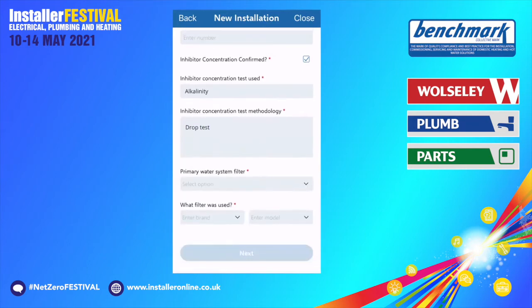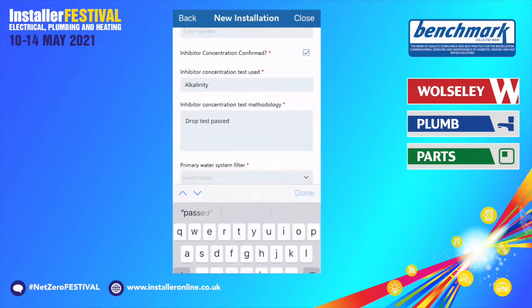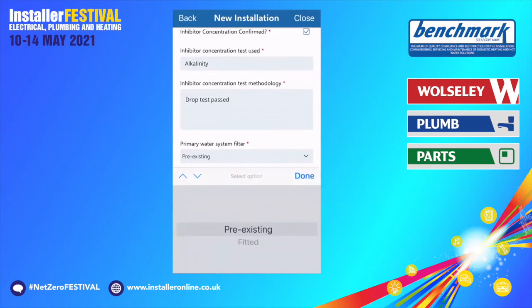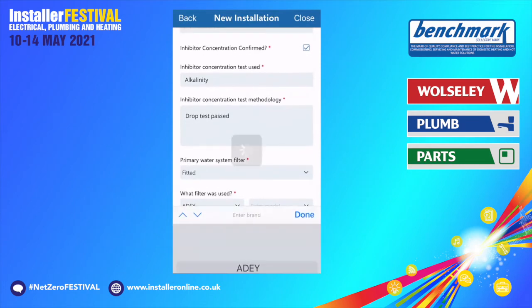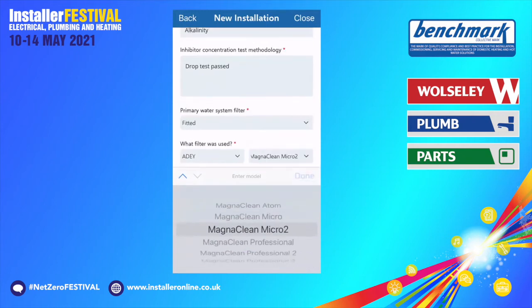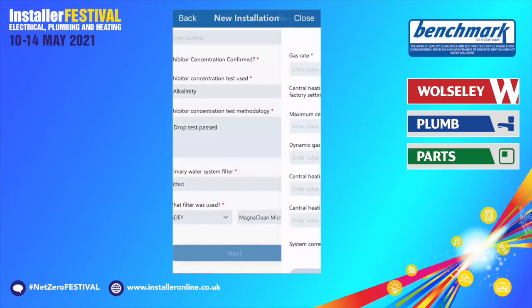Okay, and this is an opportunity for you to put the result into that screen as well. So we can say that's a drop test and it's passed. And it then asks you with regards to a primary water system filter. You can either select that there's already a filter on the system or you're fitting one. There is no option not to fit one because having a filter on the system is now a requirement. So I'm going to check that as fitted. And again, let's say we're going to use an ADEY filter and we're going to use, let's say, a Micro 2. So again, now that all of the mandatory fields are filled in, I can press that next button